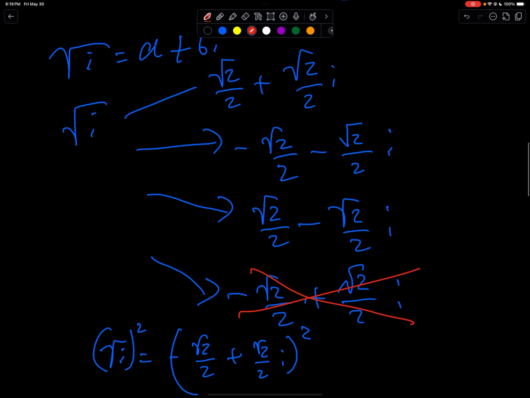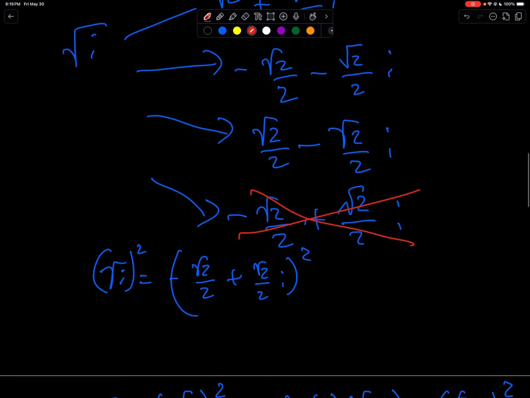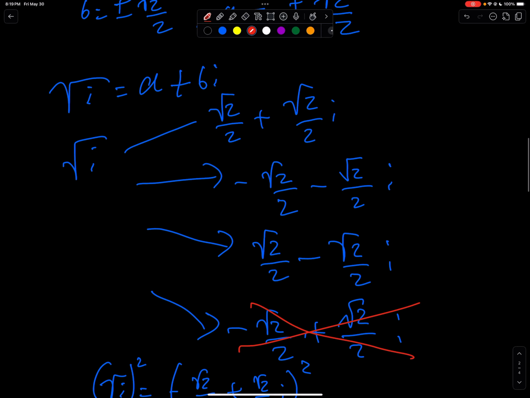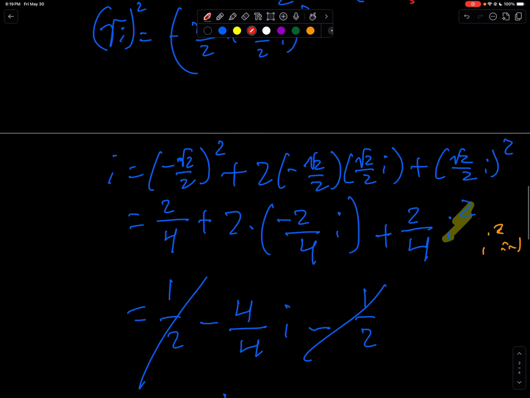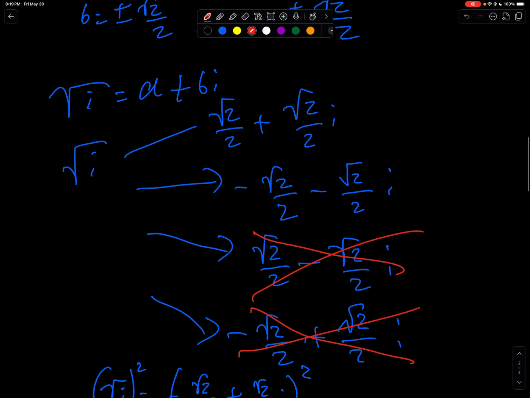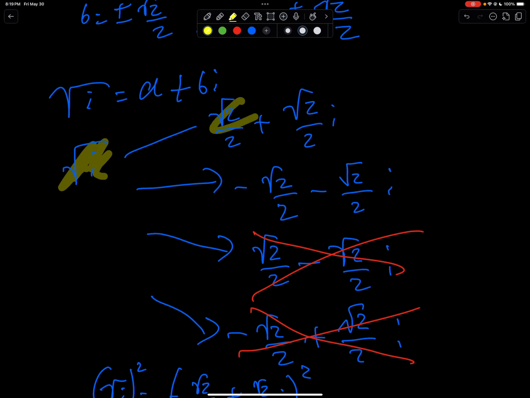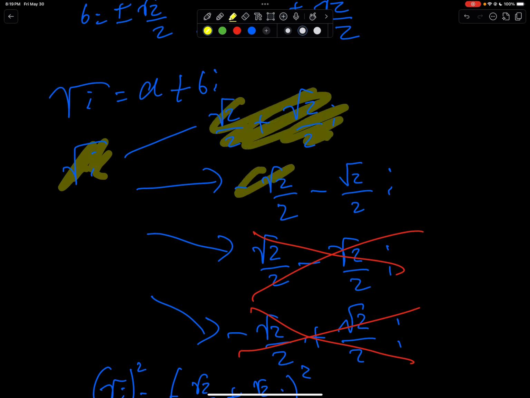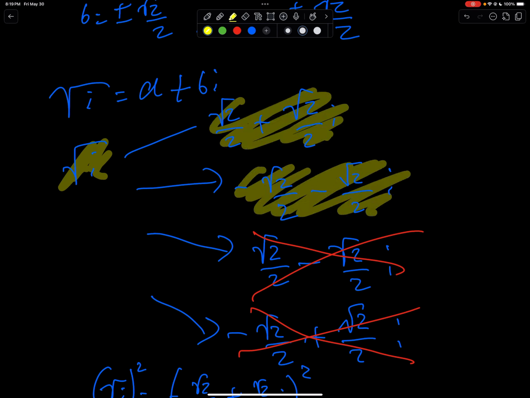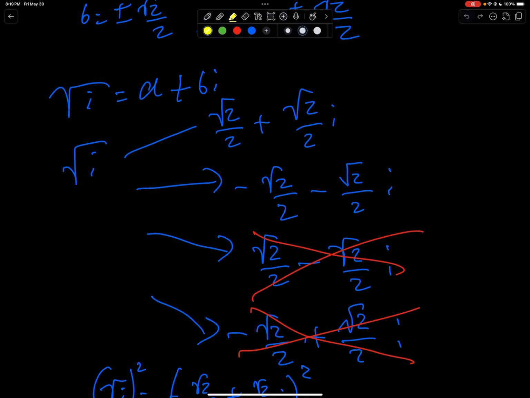And then if we try this here, it'll also be an extraneous solution. Okay, so I'm just going to say at the time and tell you that this is also an extraneous solution. So really, the square root of i is root 2 over 2 plus root 2 over 2i and negative root 2 over 2 minus root 2 over 2i. So hopefully you learned